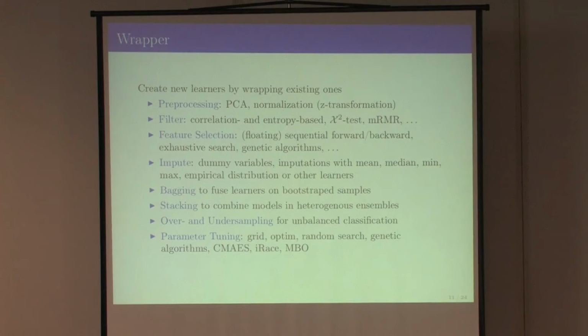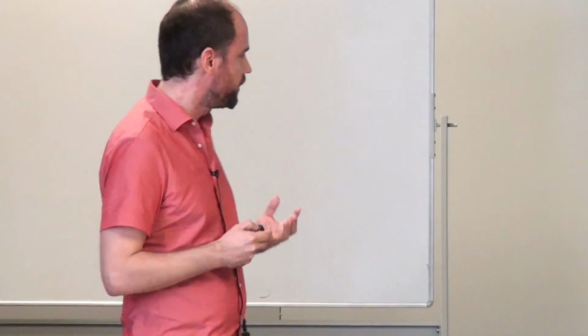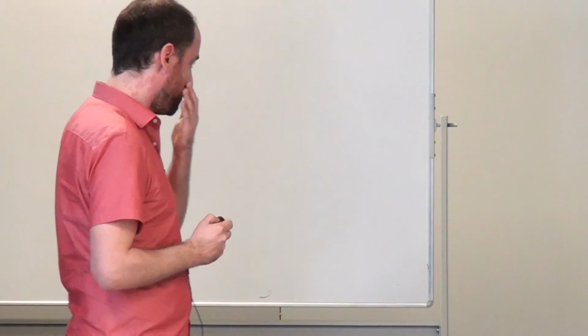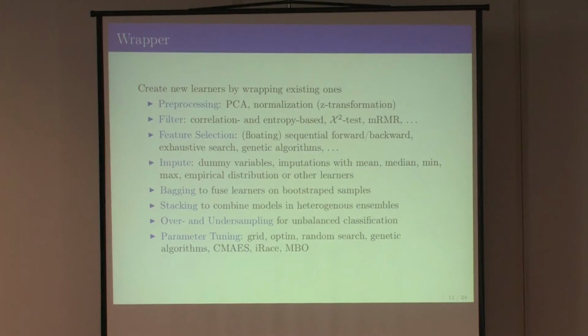There are different imputation methods. Actually, we have a whole object-oriented system to do any kind of imputation you want, and Bischl already implemented many useful variants of those for you already. You can do generic bagging to do ensemble construction. Stacking is in there if you want to create ensembles of heterogeneous models. Over and undersampling for imbalance classification problems. We just did a huge study on this and are trying to publish the results of these. There's more than over and under. So there's also something like SMOTE and so on in there.